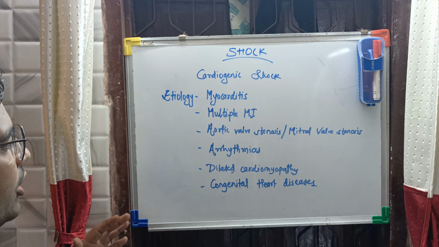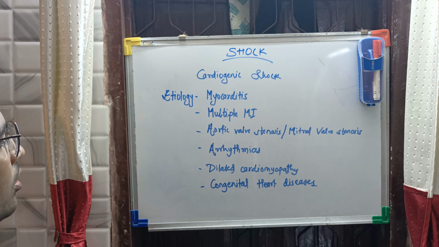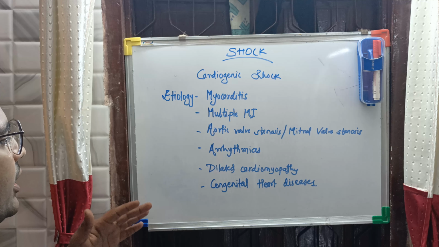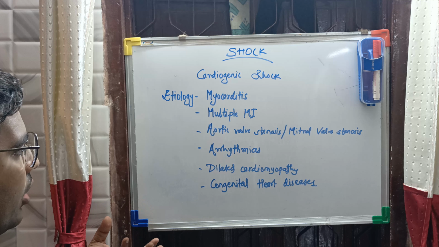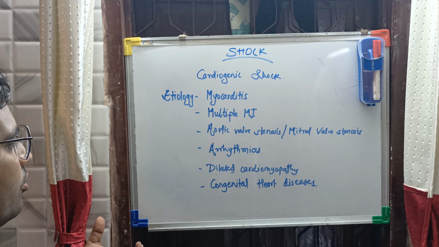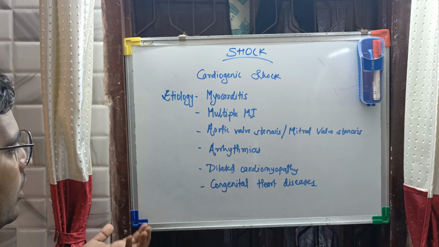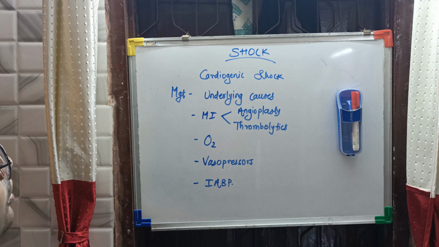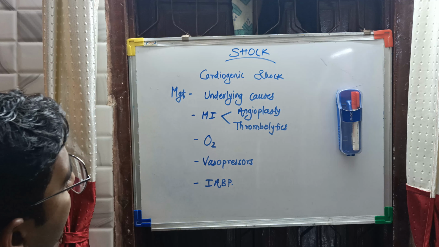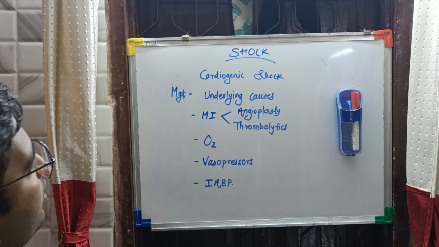In dilated cardiomyopathy, the myocardium is not able to function properly, and congenital heart diseases also affect and lead to cardiogenic shock. So these are the causes of cardiogenic shock. Now we will focus on the symptoms and the management part of cardiogenic shock. The symptoms are decreased BP,